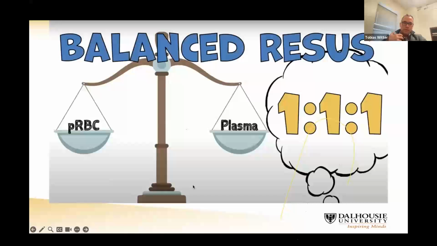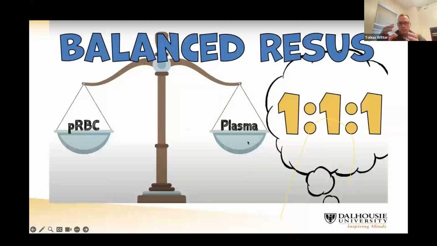And what do we give our patients? We always talk about balanced resuscitation. So again, coming back to the concept, we're losing blood, we're giving blood, we're reconstituting blood. There's a motion now in some studies in trauma centers to actually give whole blood. I think we're getting closer to having the storage figured out and being able to give that. In our center, we still give components. So we give packed red blood cells, plasma, platelets, and potential factors.